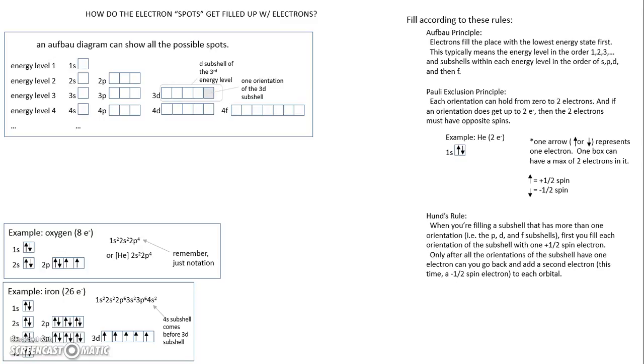This is an exception to the rule. And then after the 4s, we can go and fill the 3d subshell, until we get 26 electrons,